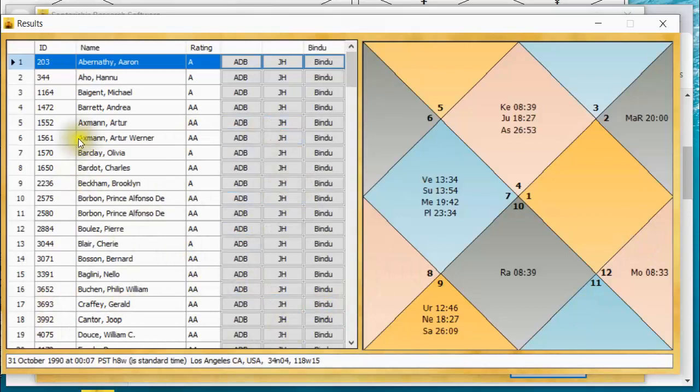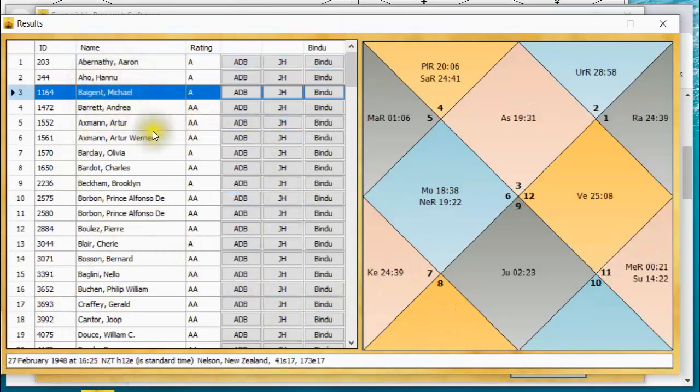who fits the bill. So Michael Bejant, I recognize his name as a British astrologer who wrote a book many years ago along with a couple of other fellows. It was called Mundane Astrology. So let's see, does he have Hamsa and Malavya yoga coexistence in this horoscope? There's Jupiter in its own sign in the 7th, bingo, for Hamsa. There's Venus exalted in the 10th, bingo, for Malavya. The two coexist, okay? So this seems to be working.